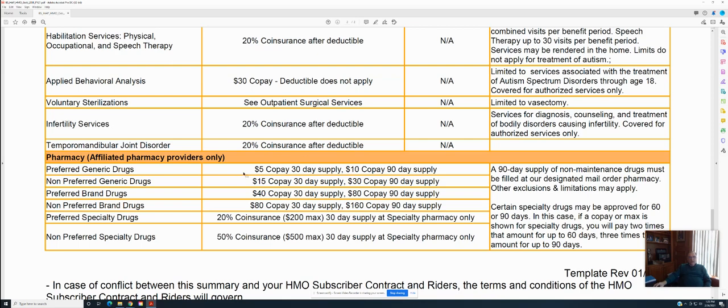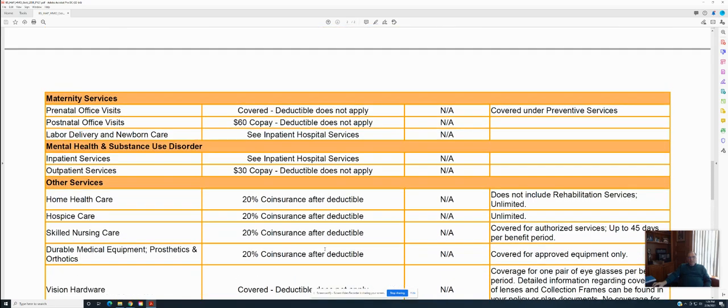We have the $5 for the preferred generics, $15 for the non-preferred, $40 for the preferred brand names, and $80 for the non-preferred brand names. And then the two non-formularies, the preferred specialty and the non-preferred specialty, at the same 20 and 50%. As you can see,